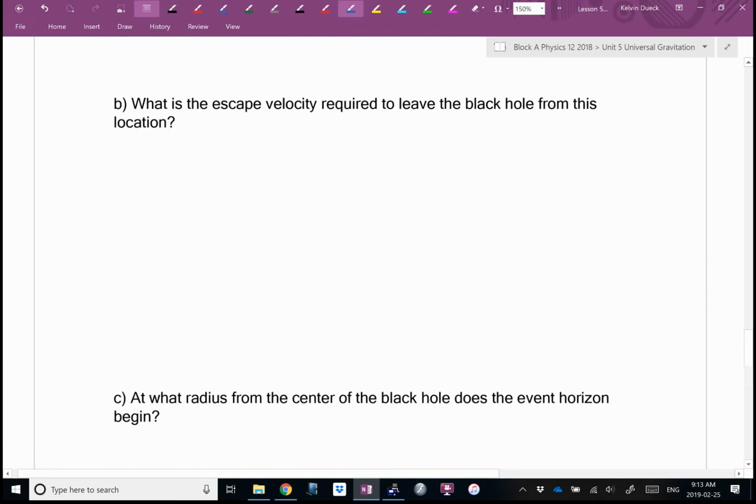What's the escape velocity required to leave the black hole at this location? How do we find escape velocity? Conservation of energy, but both of your finals are 0. Okay. We just derived that equation, so I'm going to, because you're kind of getting tired, it looks like, just reuse it. It was 2 big G, big M over R squared? No, just R. So it's going to be the square root of 2,